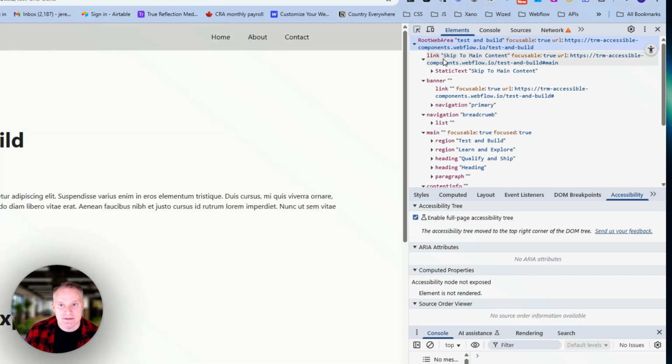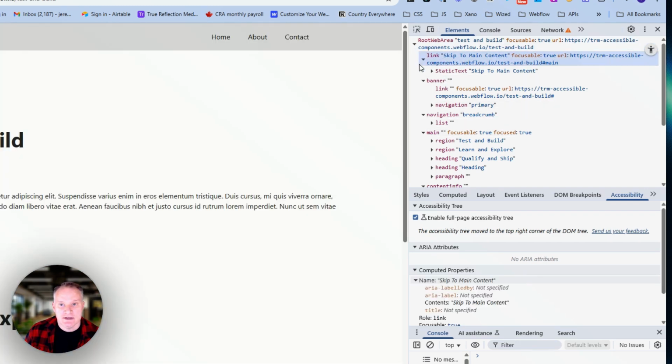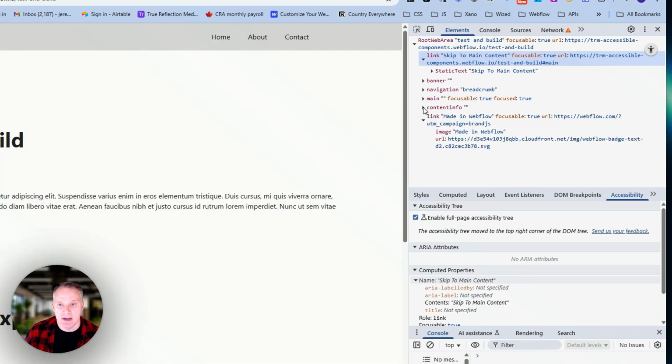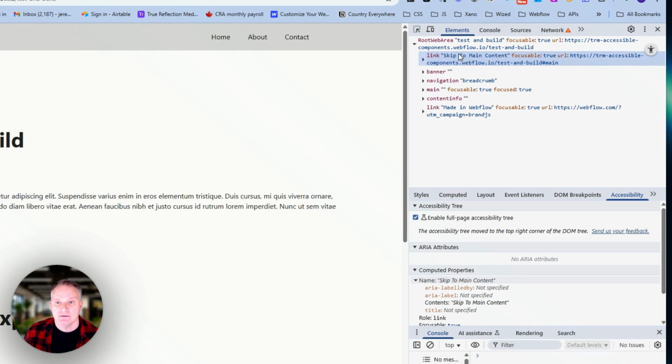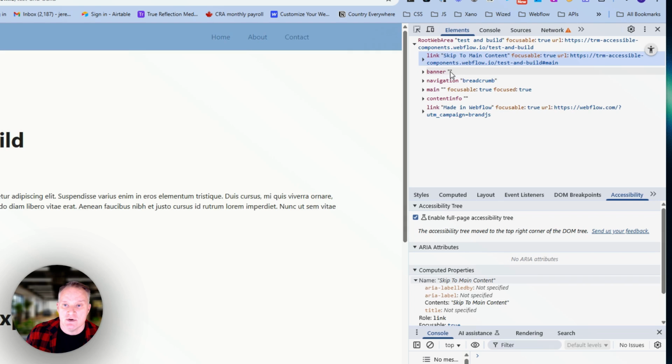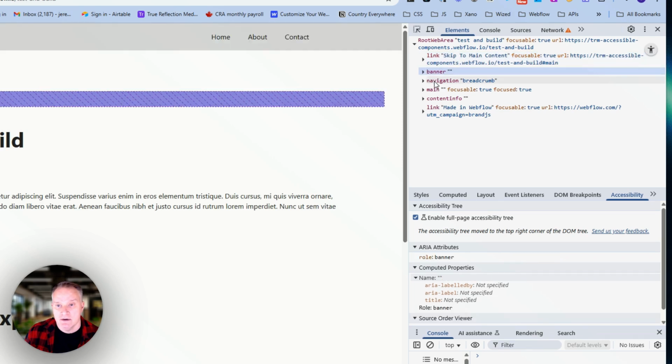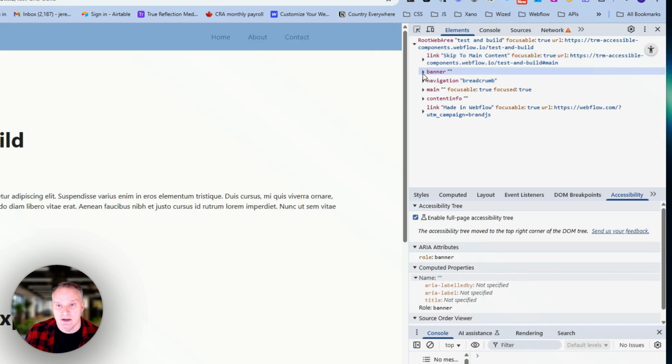And what we're going to see is that we can see all of the accessible elements that are on our page visible. So there are things that can be navigable on a page. So we've got first our link, which is our skip to main content link. Then we have our banner or our header. Inside of our banner,